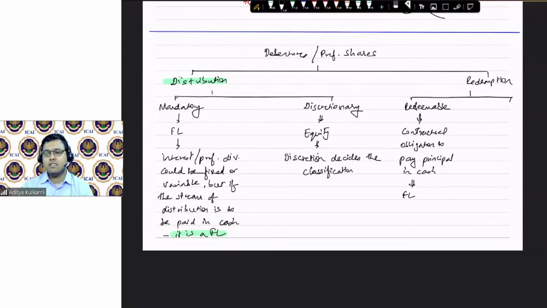This is at the discretion of the issuer. Discretion of the issuer. What is the holder's discretion? The holder is a poor, saintly man; he will take whatever he gets. The holder has the option to invest in these instruments or not to invest. But right now the holder has no option. All right, fine, I'll come to discretionary.